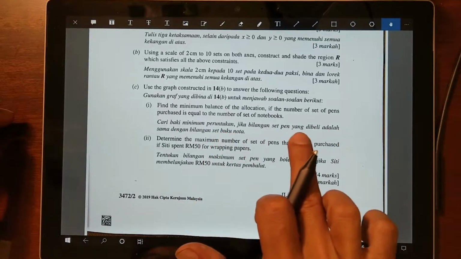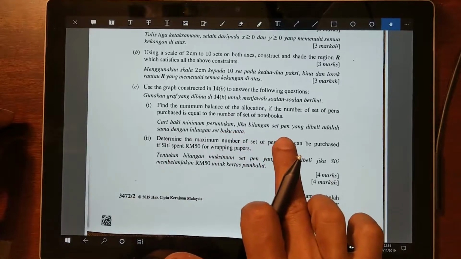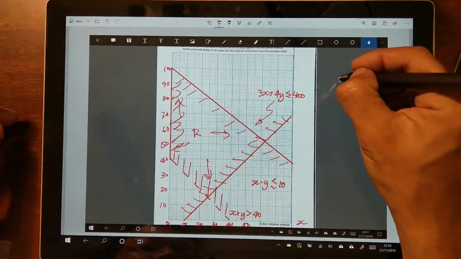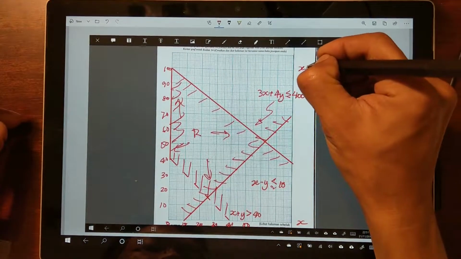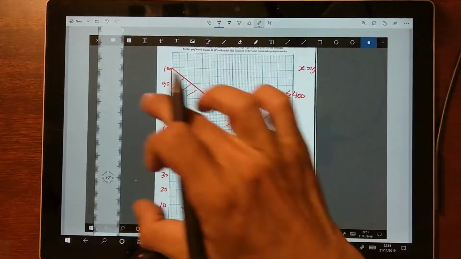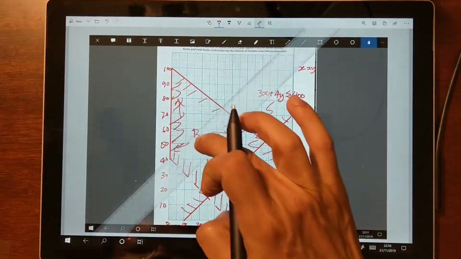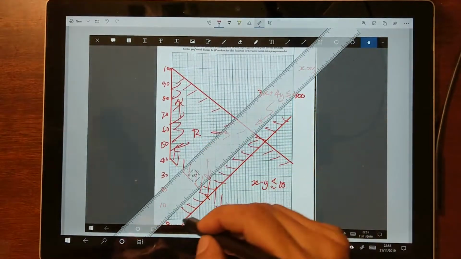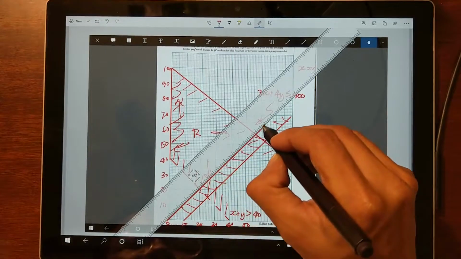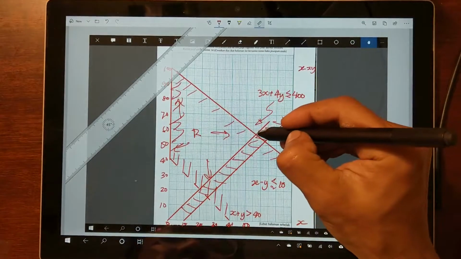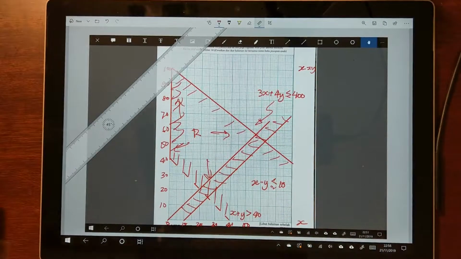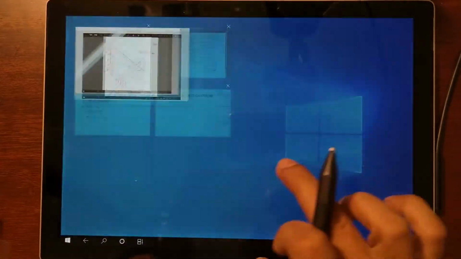Minimum balance allocation if the number of sets of pens is equal to the number of sets of notebooks. Right, so obviously that constraint can be expressed as x equal to y. So if we were to draw that, let's pull out our handy little ruler again, set it to 45 degrees, and draw it right there. And you'll find the answer is, I don't know, it looks like 56, 57, something like that. Right? If you really want to work it out,